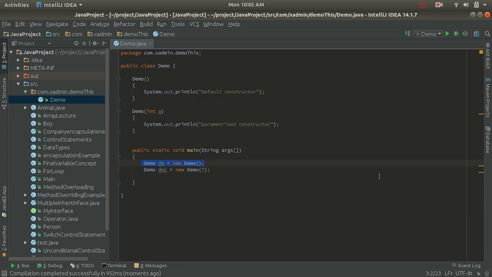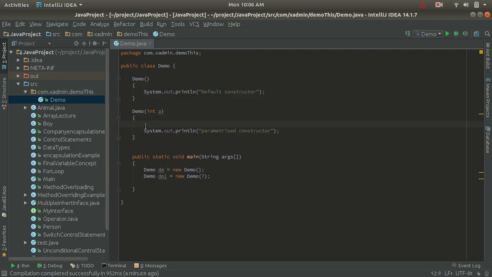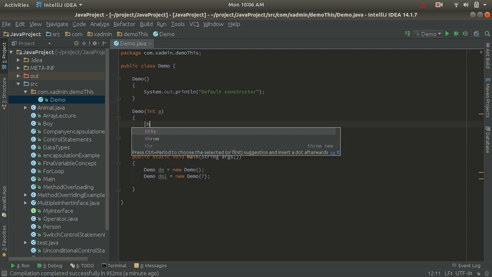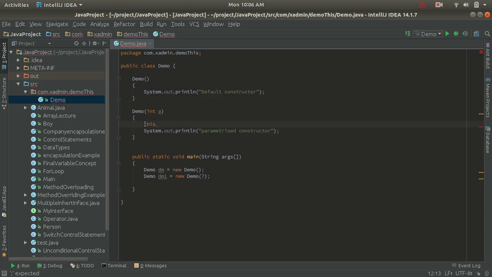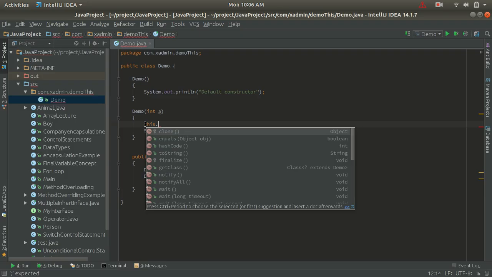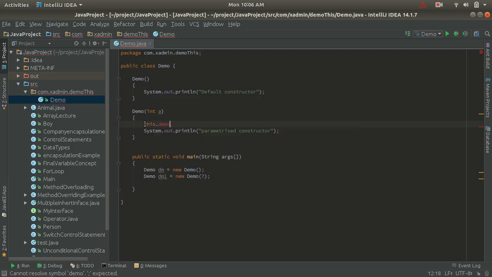If I want to call a default constructor from inside a parametric constructor, then what we can do is simply use this dot demo, or simply we can use this.